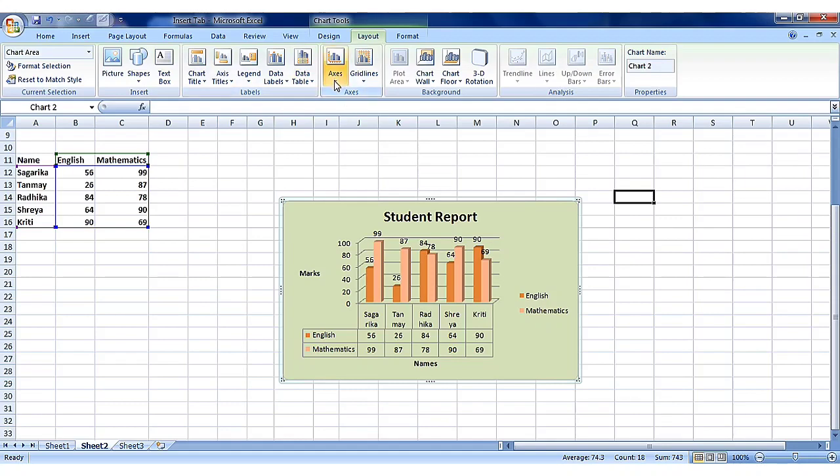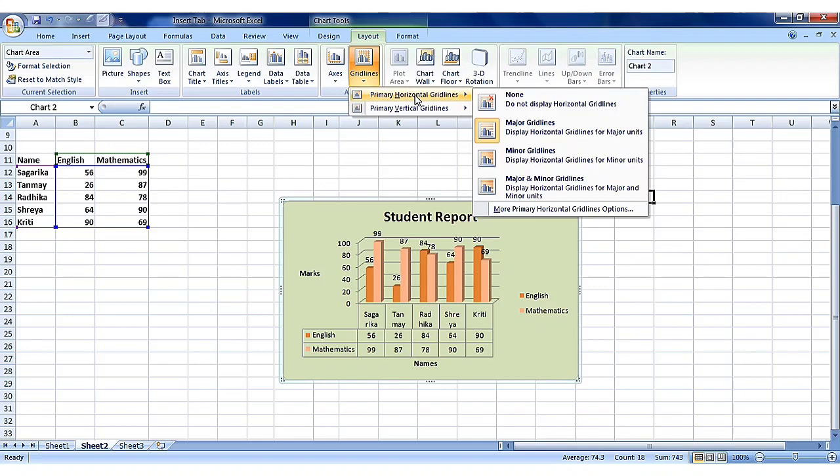Next, you can have the different options in axis, then grid lines. You can display major grid lines, minor grid lines. Major grid lines means, in graph sheet you might have observed, some lines are highlighted. Those lines are major grid lines. Other lines are minor grid lines.